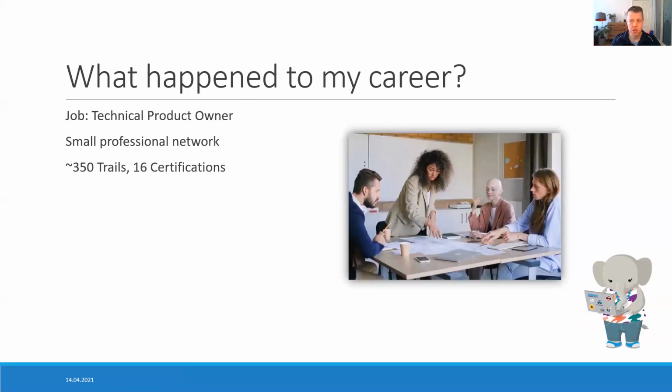So my career in the meantime luckily progressed. The company grew to 1,000 users. The Salesforce team also grew to 25 people. I was promoted to technical product owner. Hey, don't take me wrong. The team was always extremely supportive. I was super happy to have a great team lead, a great surrounding, people who always want to learn. This was very, very important. And by that, I had a small Salesforce network, which comes in handy later, and 16 certifications at 350 trailheads. I was set up, I thought.